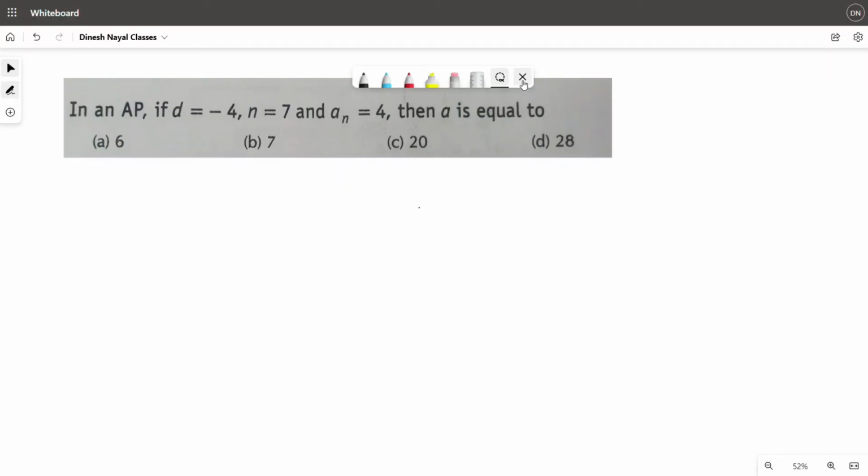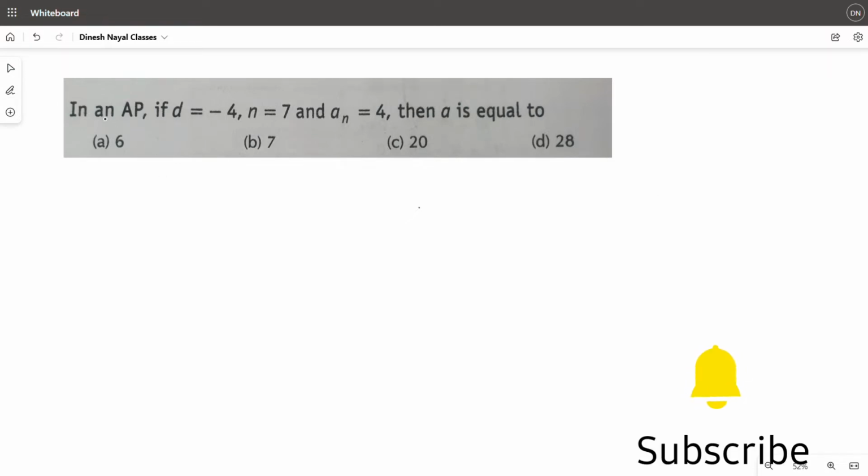So this is an arithmetic progression AP exemplar. So in MCQs, multiple choice questions. So this is our question 1. Question 1 states that in an AP, if D is -4, N is 7 and AN is 4, then